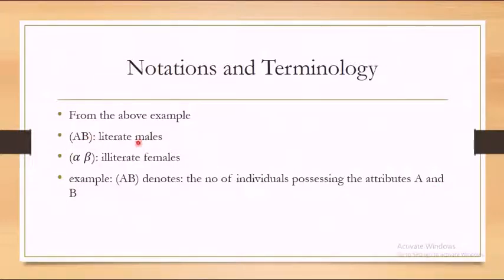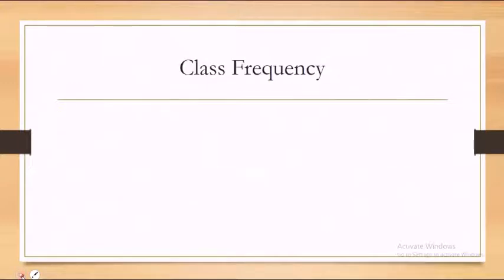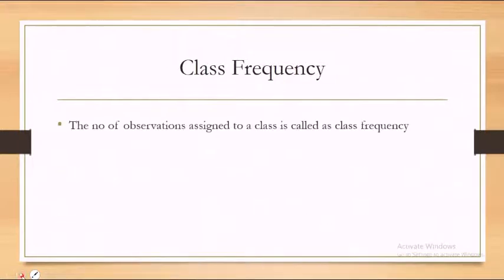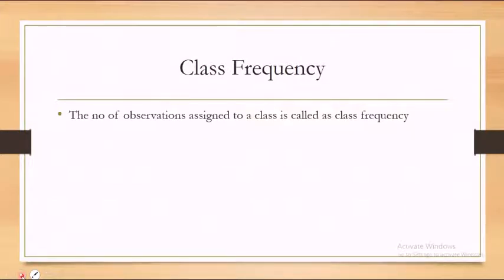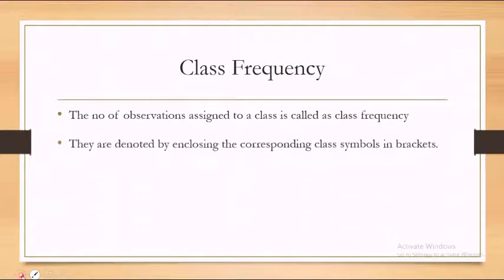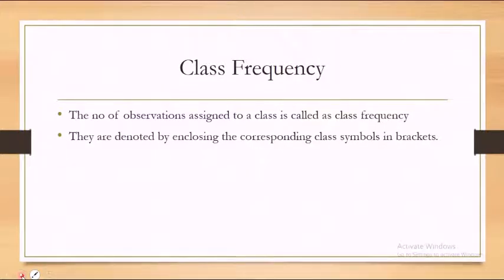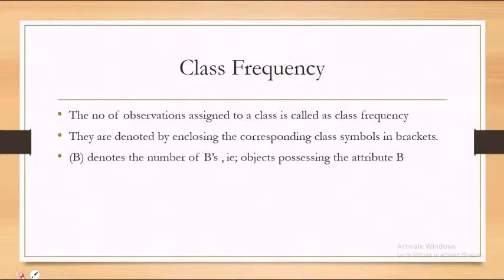Okay, so that is clear from this example, right? Now we have to see what a class frequency is all about. The number of observations assigned to any class is termed the frequency of the class, or the class frequency. The class frequencies are usually denoted by enclosing the corresponding attributes in brackets. For example, if you check this, B is enclosed in a bracket,